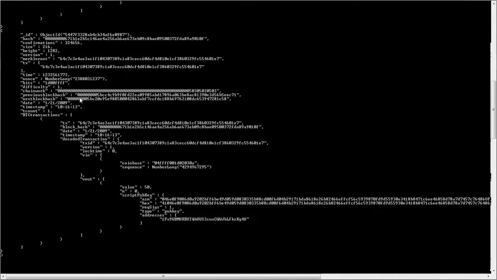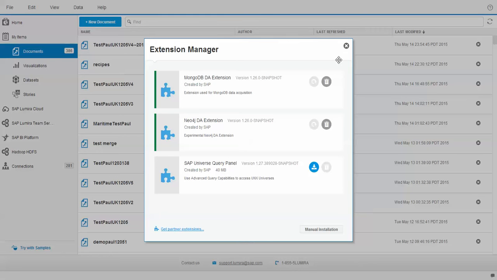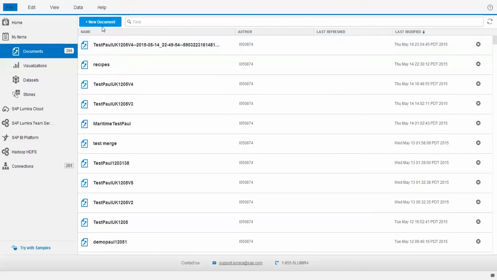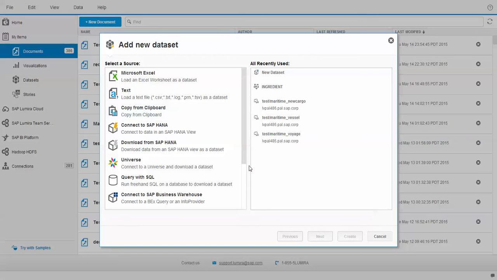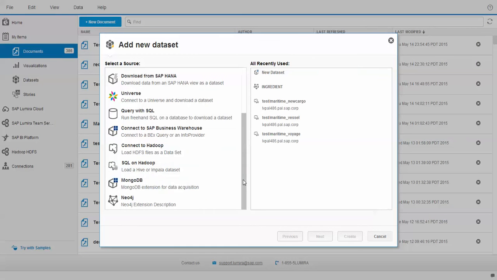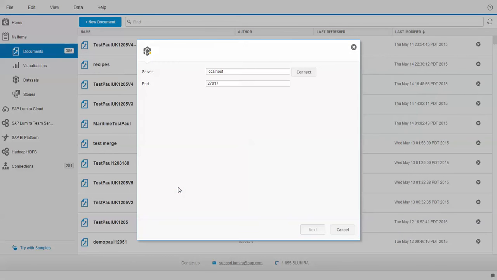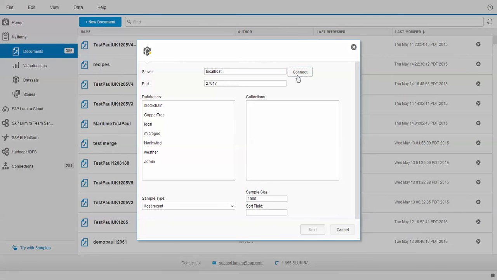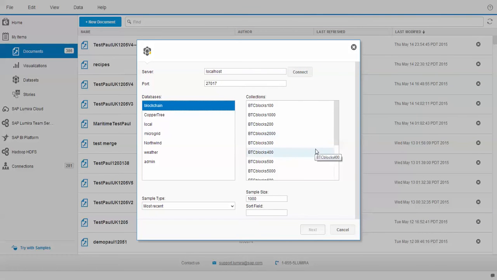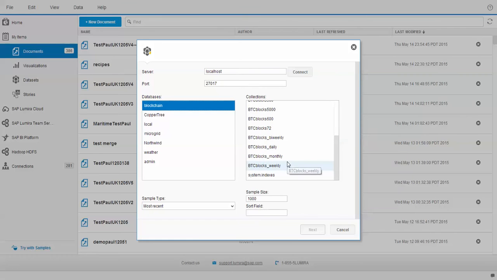This collection has nested collections in it, and we want to be able to provide the end user a proper user experience when connecting and trying to acquire data in Mongo for further analysis in Lumira. So let me connect to my database, and in this particular case I'm going to use a Bitcoin database